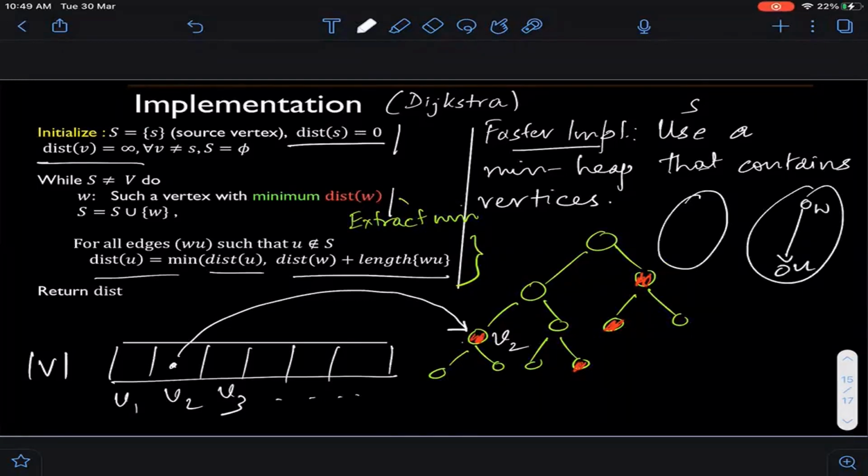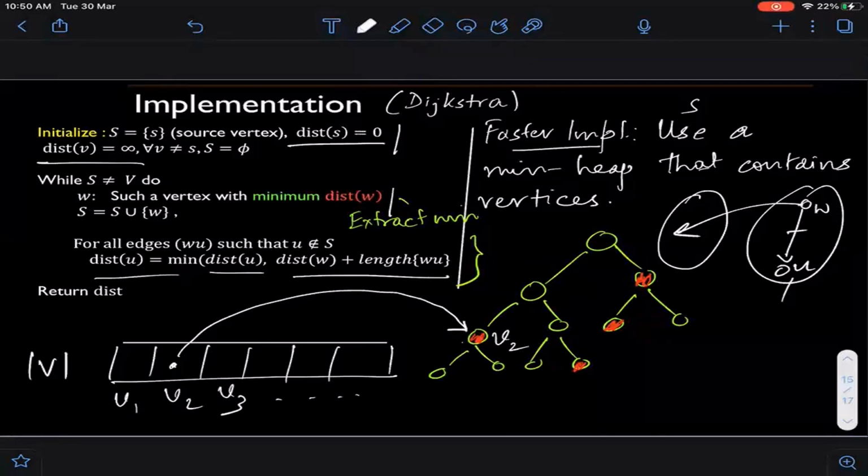The only time in your entire implementation when this edge is going to be considered is when W is brought to this side. So only for that particular iteration you are considering this edge, potentially updating the label of U, and that takes order log V time to do the updates and deletions we have discussed. But the punchline is that in this entire course of the algorithm, every edge is considered exactly once. So for updating as a result of a particular edge, we need log V. There are E many edges, so the total number of operations is going to be order E times log V.